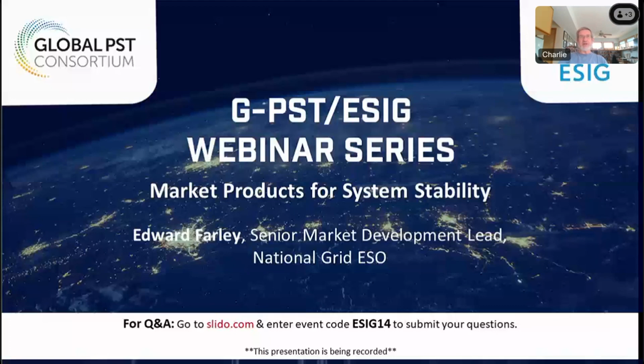The foundation of the G-PST is a group of 6 system operators from around the globe who are facing higher penetration of wind and solar inverter-based resources sooner than other operators in the world. The 5 pillars of the consortium include research and peer learning, technical support, workforce development, standardization, and open data and tools. ESIG is lead on Pillar 1, and more information on the G-PST can be found at